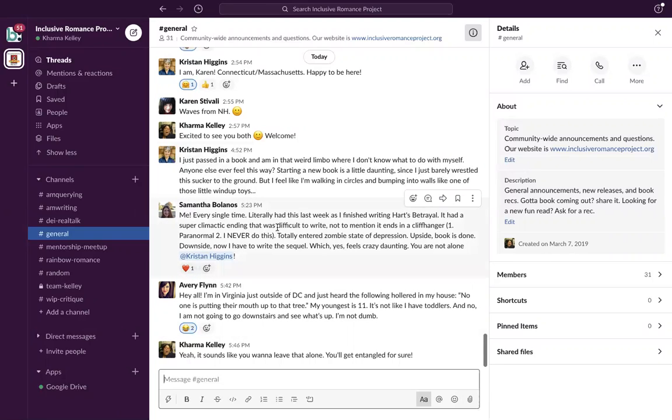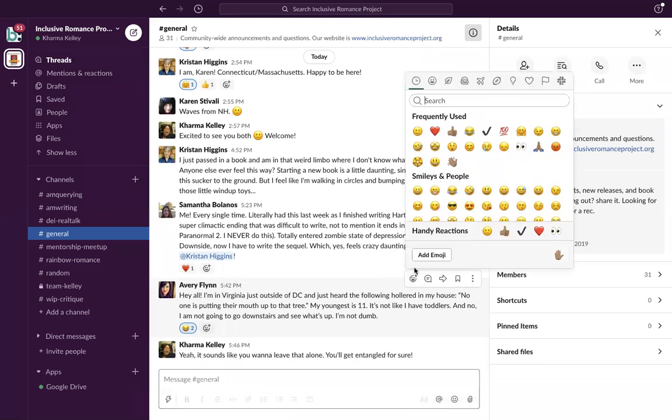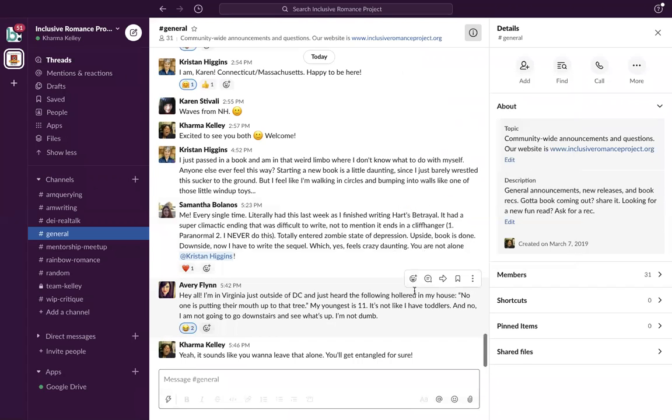When someone sends something, you see these little hearts here when they post in the room. If you want to interact, you just hover over that message and it'll give you this little box. And you can choose to add a reaction, if you want to add a smiley face or a heart, whatever you want to use. If you want to start a thread, which is helpful if somebody is asking a particular question or a topic in the room, and you want to keep it as a separate thread where everything is focused, then you can do that.